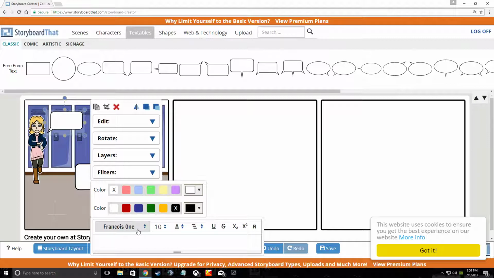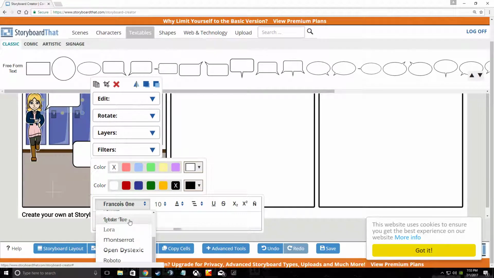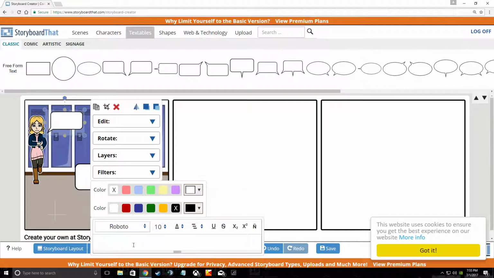Storyboardthat automatically pops in this font, Francois 1. You can change this to a few options here. So if we wanted to choose Roboto, we would say